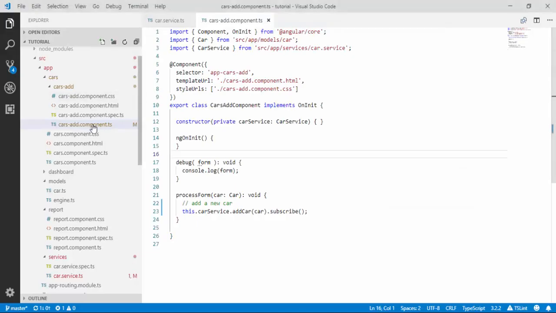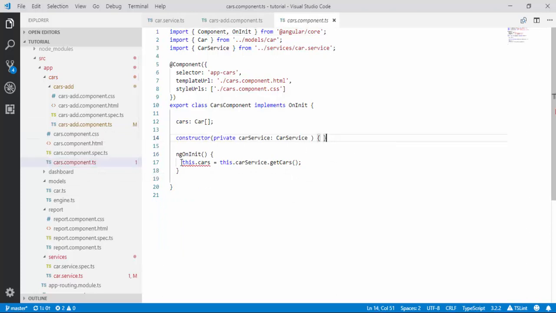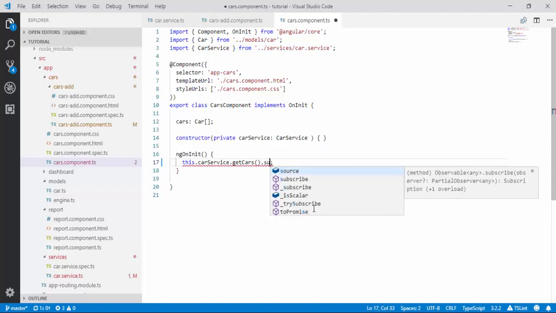So this means that we need to go in our cars component, in our car TS component, and replace this assignment here with this car service get cars. By default it doesn't do anything now. We need to subscribe to this